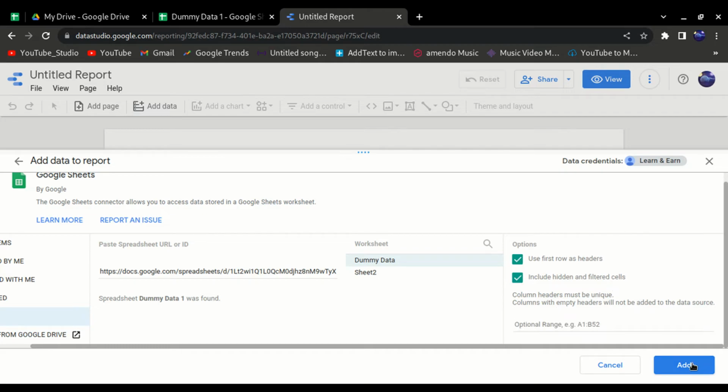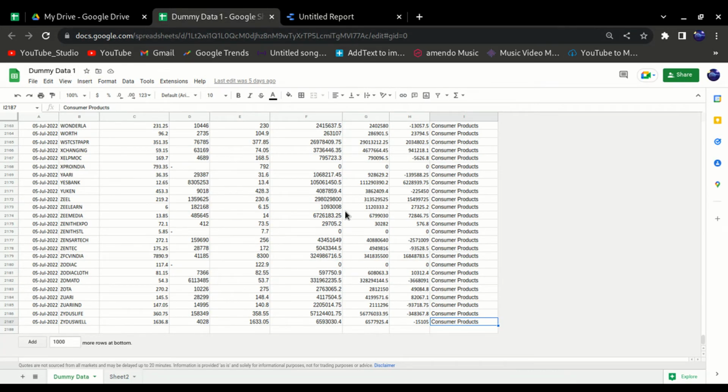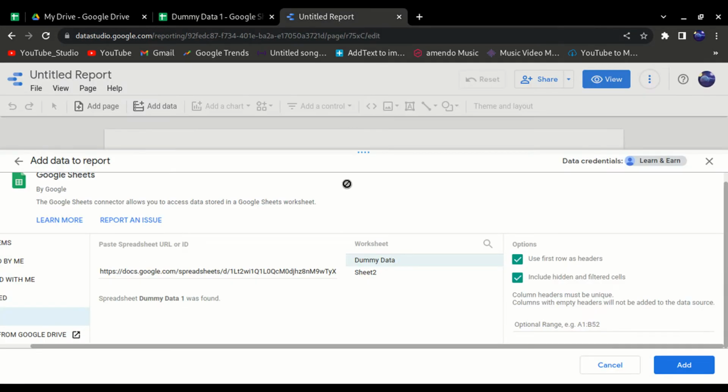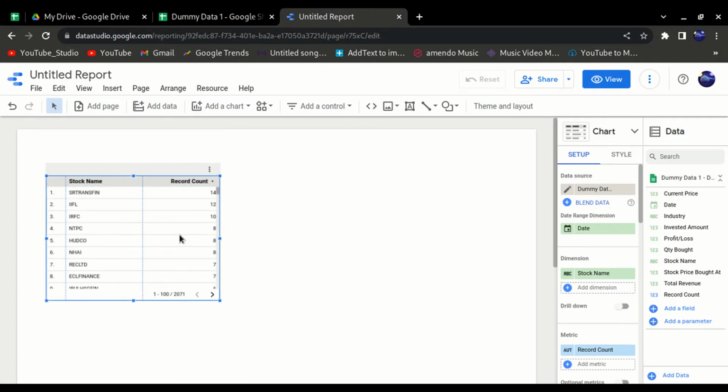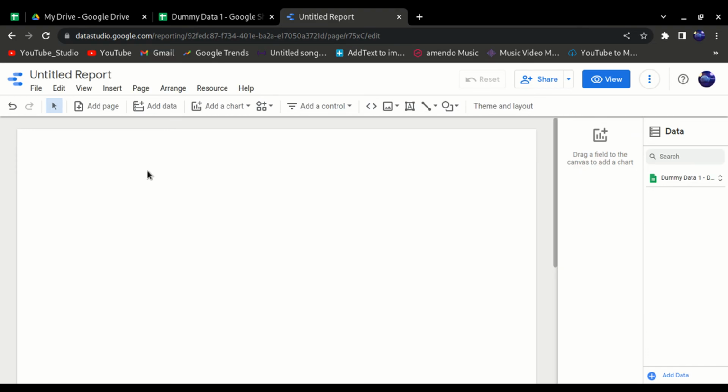I'm just clicking on add. This action will link your Google Sheet data with a Data Studio dashboard, and by default it will give you a table. It automatically tries to understand the data and presents some dimensions and metrics and gives you something like this. Normally this is not useful for us, so we can delete this